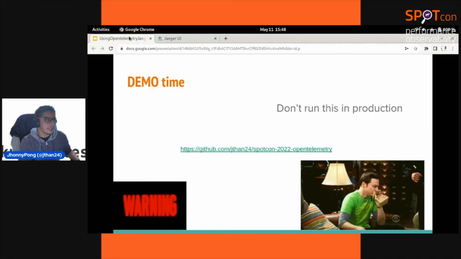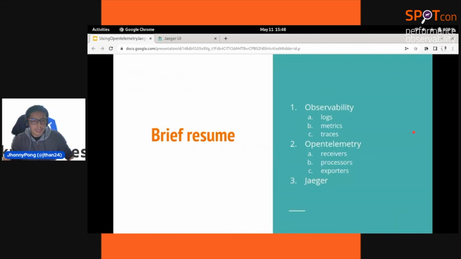That's it for the theme of the demo. Please don't run this in production because it has a lot of hard code, and you need to check in more depth what you define with your teams and what is the best practice for you and your teams, because you need to define what is the best ecosystem.